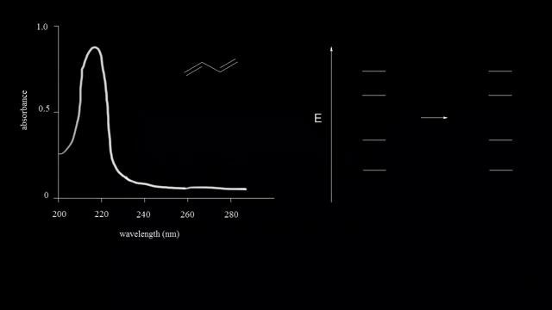Different molecules can absorb different wavelengths of light. And if a molecule happens to absorb light in the ultraviolet or the visible region of the electromagnetic spectrum, we can find the wavelength or wavelengths of light that are absorbed by that compound by using a UV-Vis spectrophotometer. Essentially, it shines light with a range of wavelengths, from approximately 200 nanometers all the way up to 800 nanometers, through a sample of the compound, and you get an